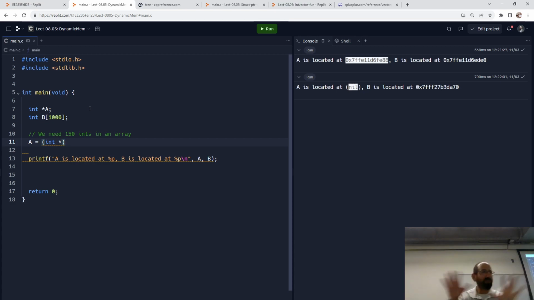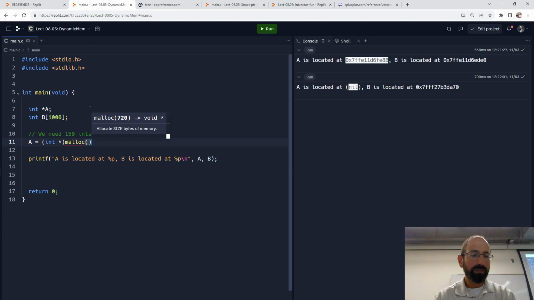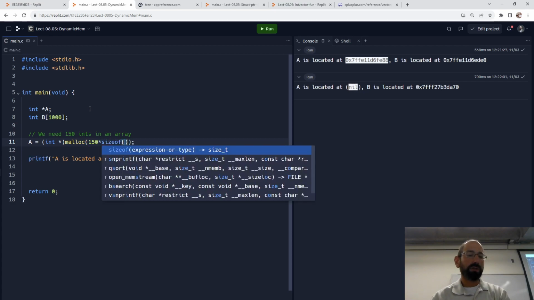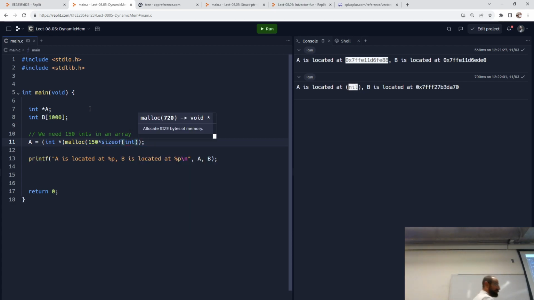That doesn't involve any conversion of values. It doesn't change anything. It's really kind of syntactical hints to tell the compiler, here is what we're actually doing here. Malloc, and we tell malloc the number of bytes that we want. But as good practice, and I do recommend you do this, I want you to think in terms of how many elements I want to allocate and how big each element is. I want 150, and each of those is an integer. So I'm doing a little bit of multiplication. Give me 150 ints. The input to this is bytes. Yes, that would be 600, but